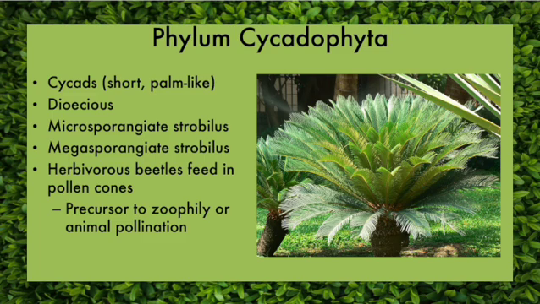And because mega and microsporangiate strobili look similar to a beetle, the beetles will inadvertently carry pollen to a megasporangiate plant, pollinating it rather than going to the next meal of pollen. This is a strategy seen with alarming frequency in the flowering plants, though we are seeing the genesis of that process in the cycads. Pollination by animals is called zoophily, and we will see many different versions of this in